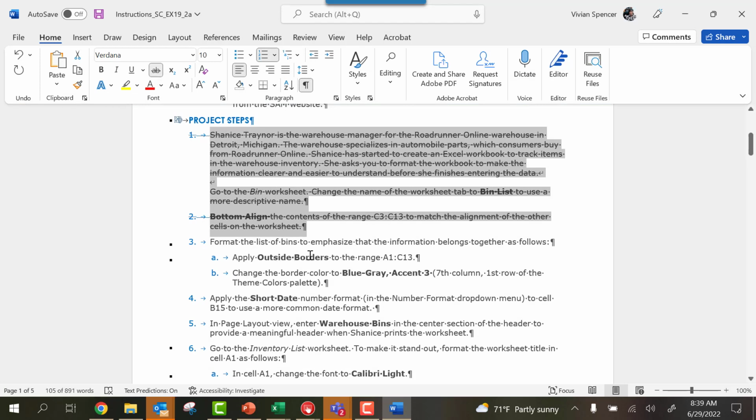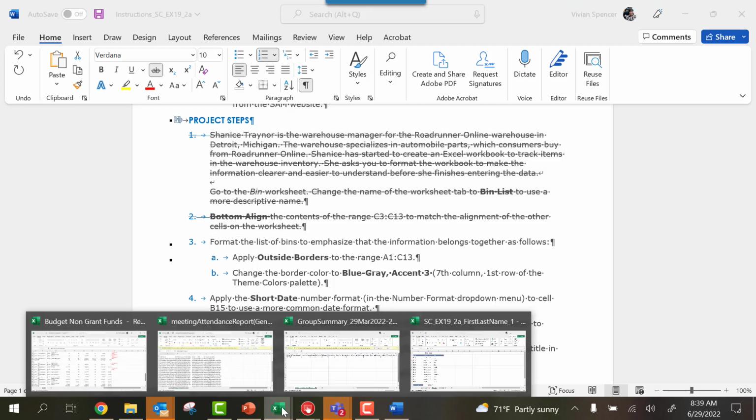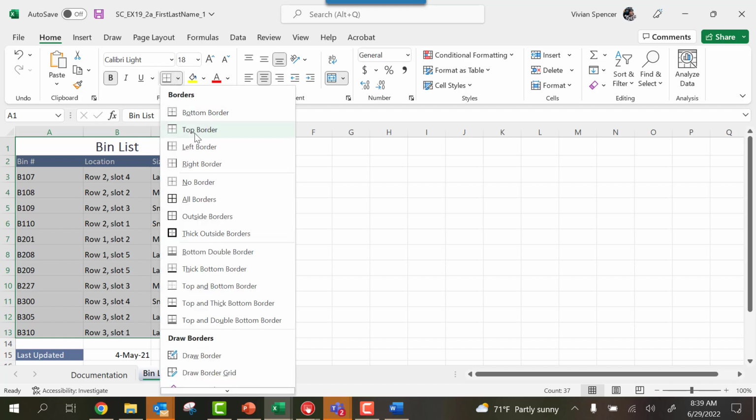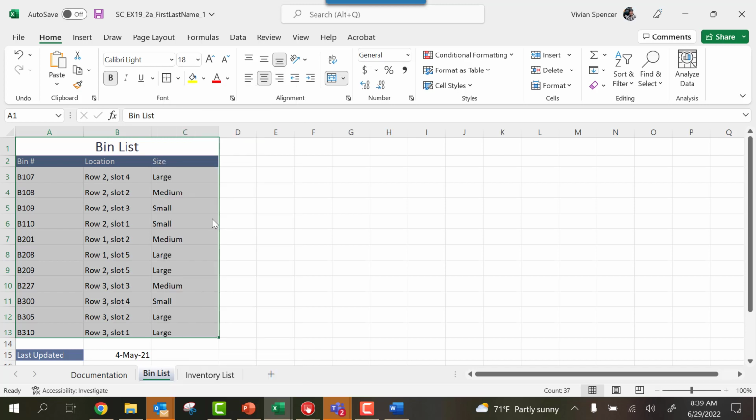Format the list of the bins to emphasize that the information belongs together as follows. Apply an outside border to the range A1 through C13. So from A1 to C13, I'm going to do an outside border right here, right beside the paint bucket. There's a bottom border, no border. I want an outside border. Okay. The next step,